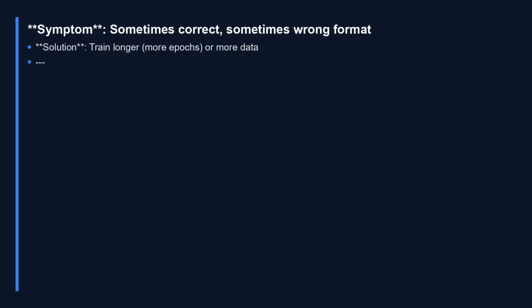If your model gets the right answer sometimes but uses the wrong format other times, JSON one run, prose the next, that's inconsistency, not ignorance. The model has learned the task but hasn't fully committed to the output format. The fix is usually more training, either more epochs over your existing data or more training examples that consistently demonstrate the correct format. Inconsistency is a signal that the model is still on the learning curve, not that it fundamentally